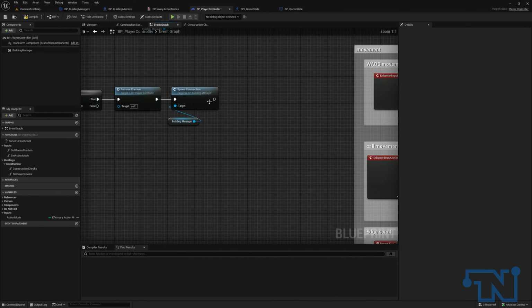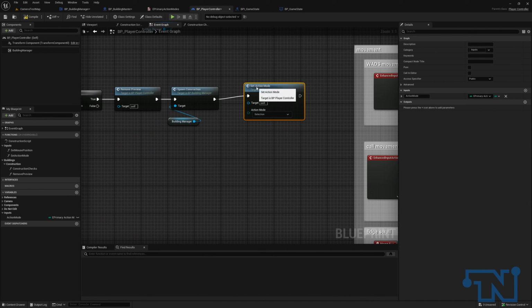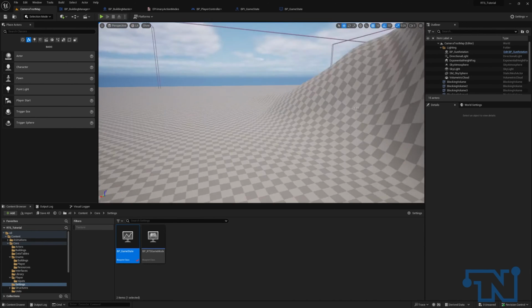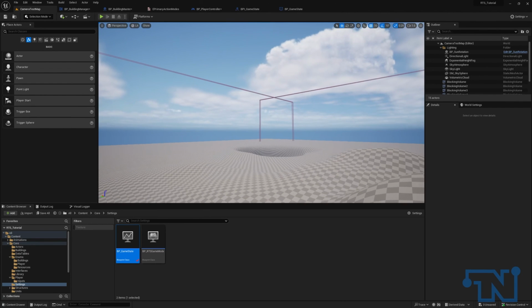We're going to do set action mode, and we're going to set it back to selection. Okay, so let's take a look at what's going on here. All right, I've headed back to my map. Sorry, I had a bit of a lag issue, and I had to restart the editor. So I'm going to just hit play,